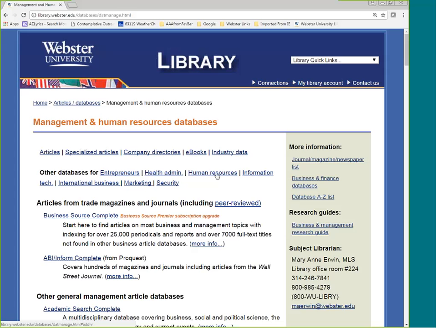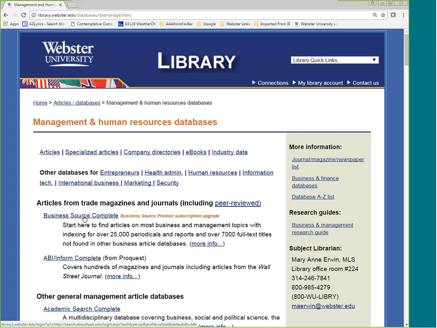So there are databases that cover human resources more specifically, but when we're talking about articles, then you're going to want to use a bigger article database. Our largest one is Business Source Complete. It covers over 25,000 periodicals, journals, trade publications, magazines, and newspapers. But it's our largest business database.